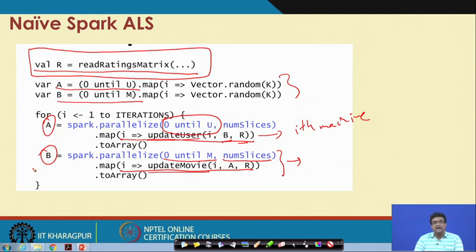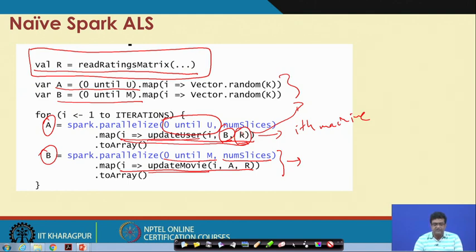So, how can we take advantage of this situation and not send these A and B matrix as a closure? Because, as we have discussed already, whenever you try to run a mapper function which is a closure, all the variables in this closure have to be passed to the corresponding machine where this map function is running.